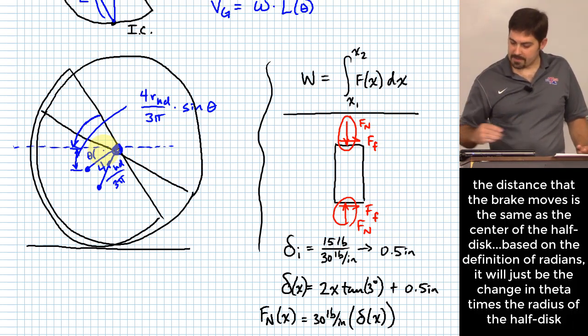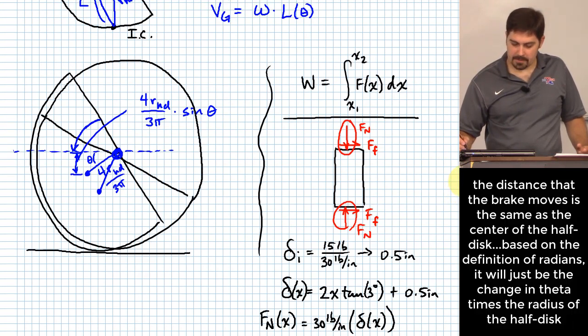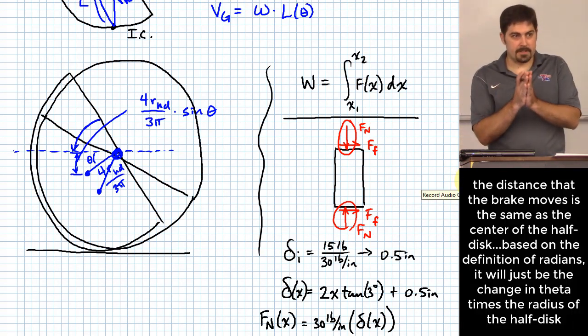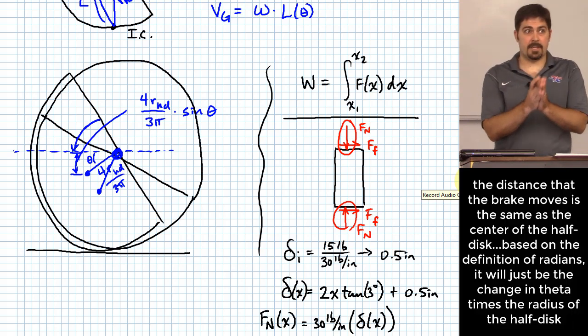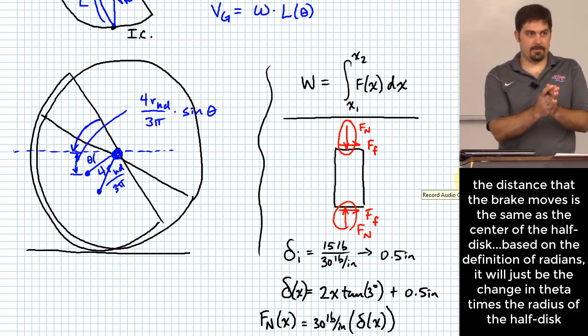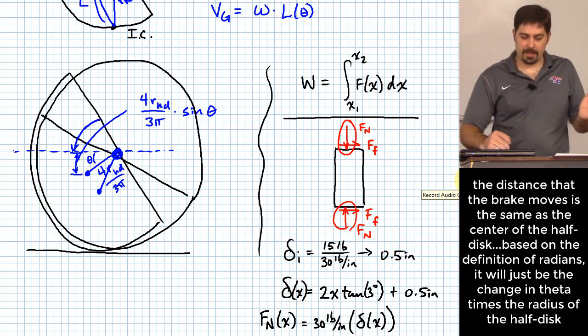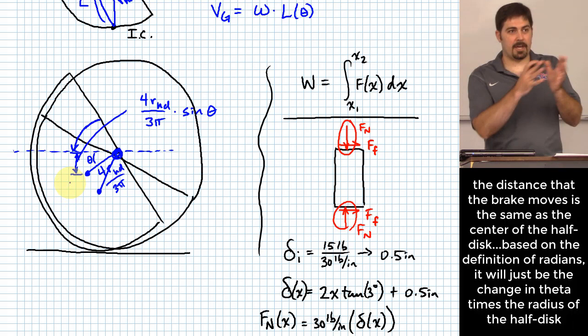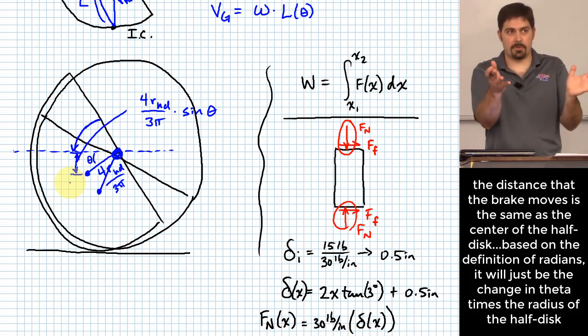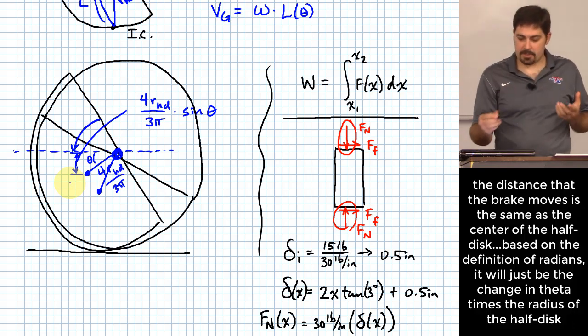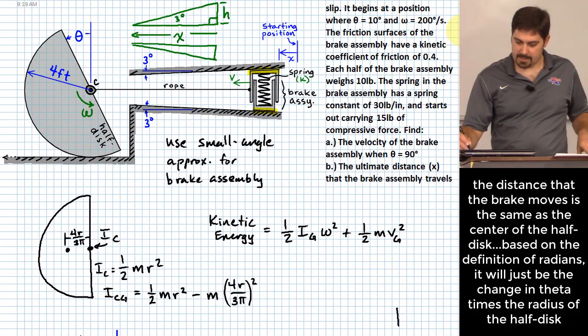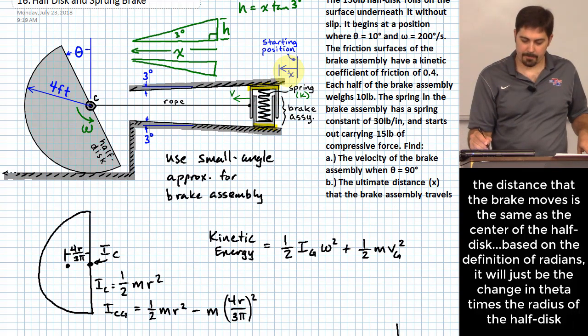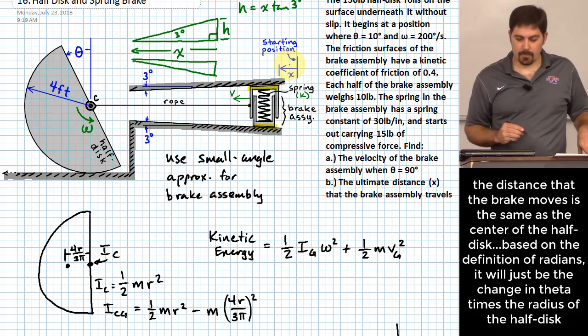Okay, we're doing that same thing. The only difference is that x for us is 0 when theta is 10 degrees, right? And so what we need to do is we're not changing by my final theta position. We're changing by the final theta position minus the initial theta position. That's the amount of change that happens, and that should be equal to the amount of distance x traveled that I've got up here. So you're doing 80 degrees times your